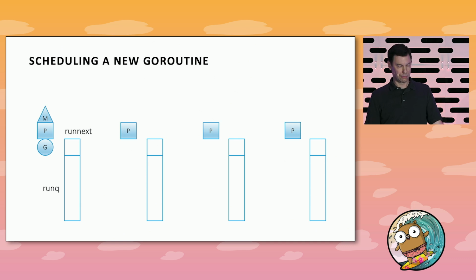The run queue and the run next. Run next is this special extra slot in the run queue that will be the very next goroutine to run when the current one ends. It's also where a new goroutine will go when it's first created. It kind of jumps the queue, and anything else goes into the bigger run queue. And this is a design intentional to help optimize certain Go use cases where you're sending messages between two goroutines quickly, so that they don't keep going to the end of the queue